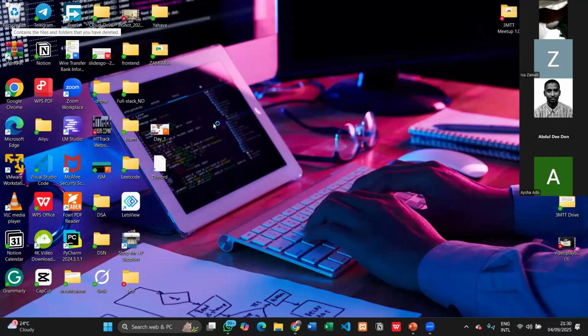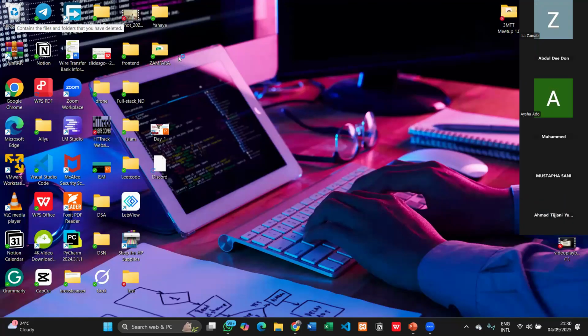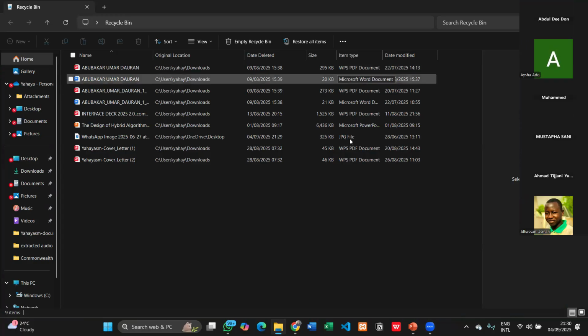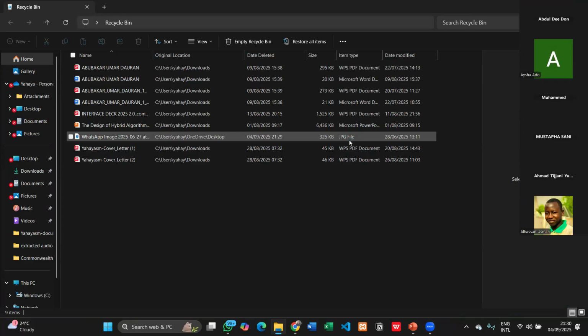These are the folders or files. You can see the name, you can see the original location, that is, where I deleted the file from, with the time. You can see the size, you can see the item type. This one is a PDF document, this one is a Word document, and this one that was deleted is a JPG file, which is an image. So how can I recover this? By clicking it